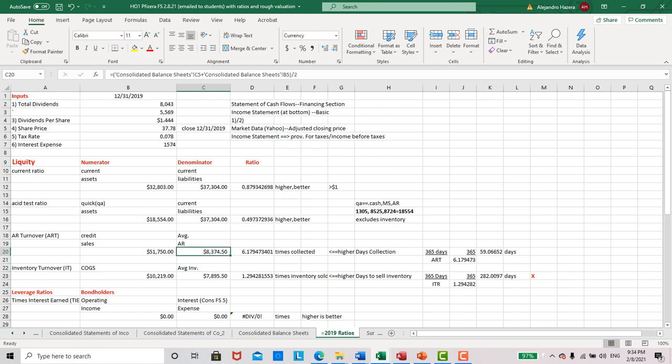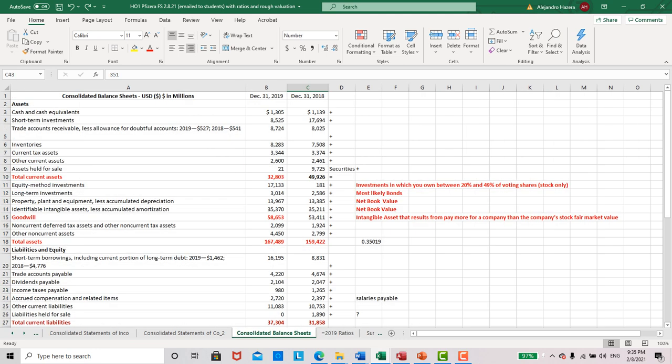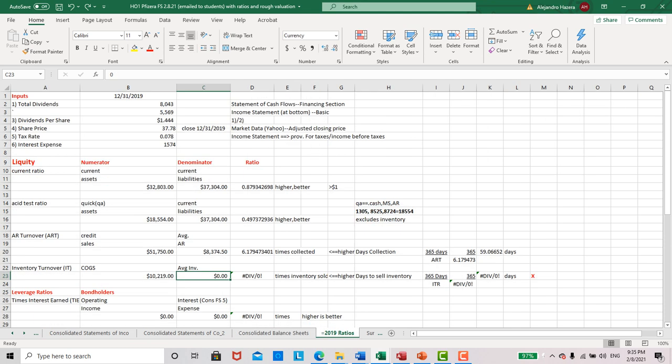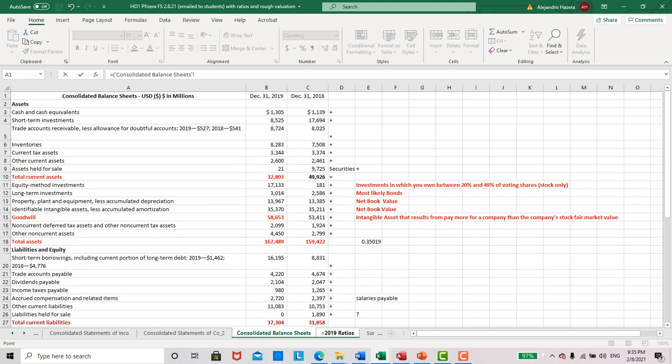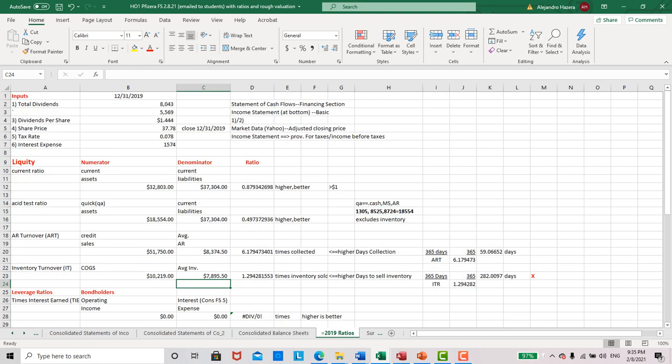Wrong number there. Let's just do this. I want to make sure I'm getting the right line here. Excuse me for my mistake. But let's make sure we get this right. You go to the ratios, and your average inventory is going to be your beginning inventory, 7,500, plus your ending inventory, 8,283, divided by 2, gives you about